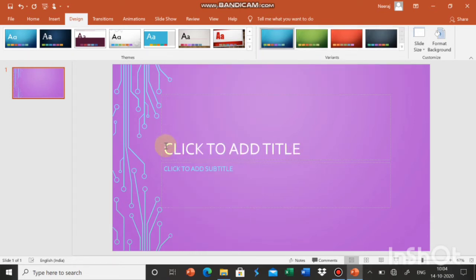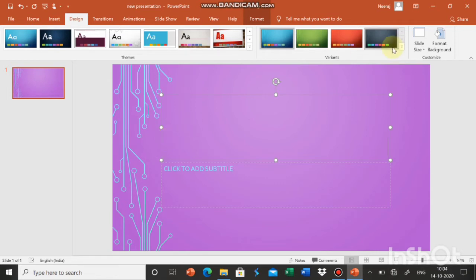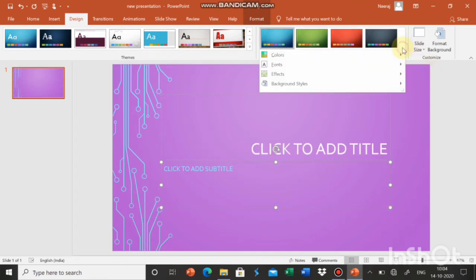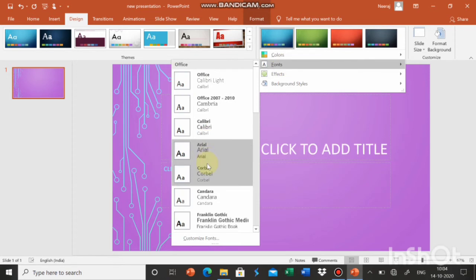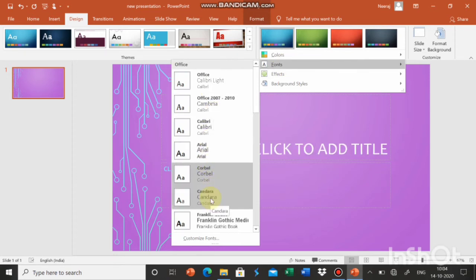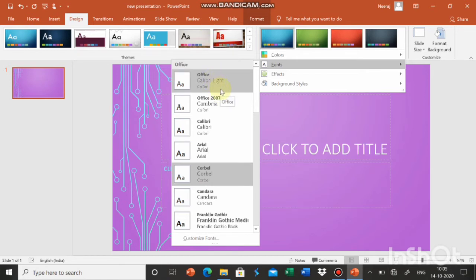Let me change the alignment of this so that you can see it clearly. As you can see, the font style is also changing. You can easily change the font style from the home tab as well. It's not compulsory, but you can explore it.